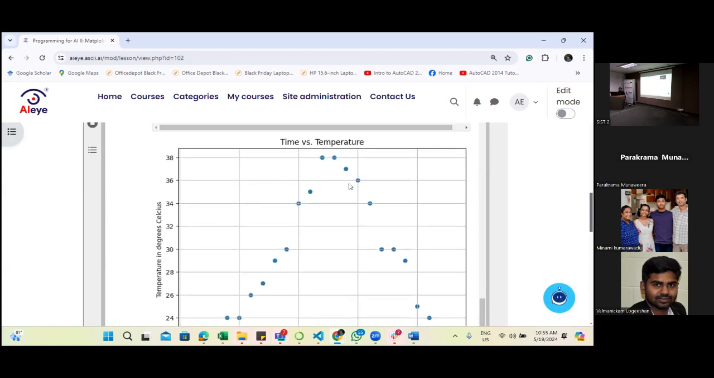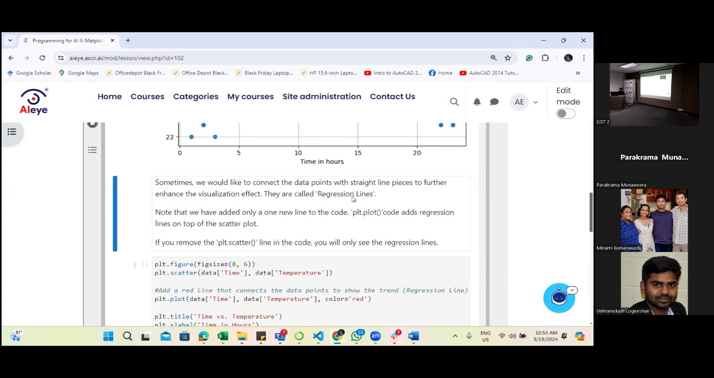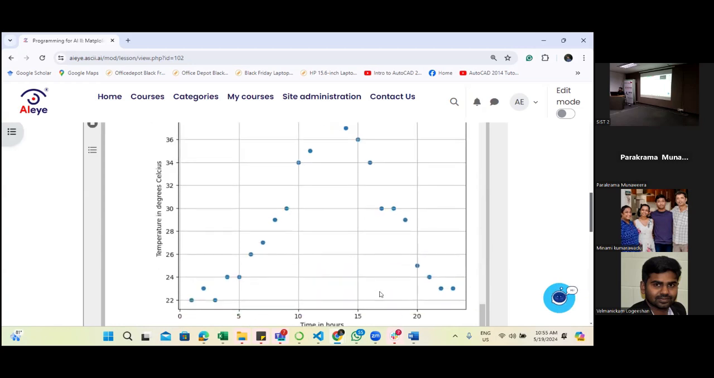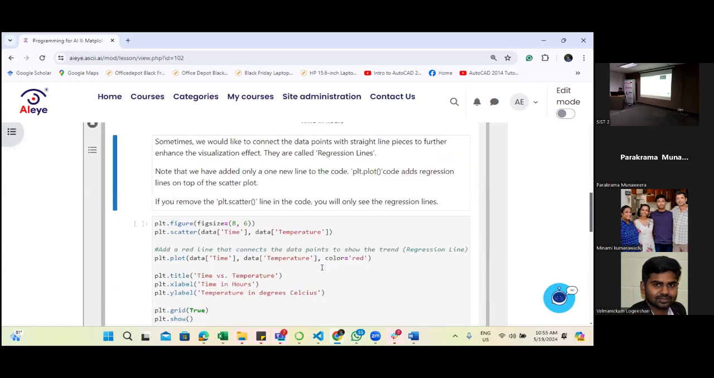So now this seems to be a really good visualization of a complete graph. But still I cannot see the trend, right? I cannot see the trend. These are dots. So I would like to see how these dots are connected, and when they are connected, how it looks like. So to do that, I'm going to use the